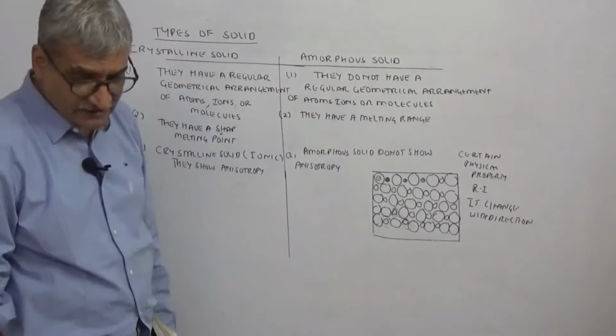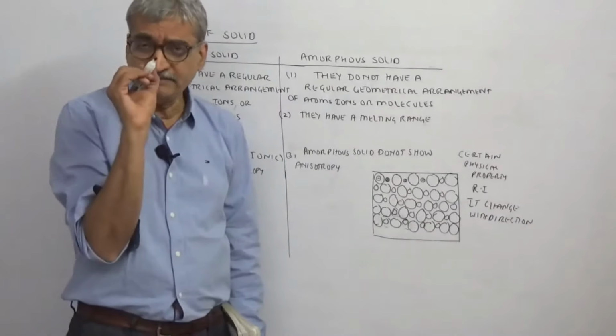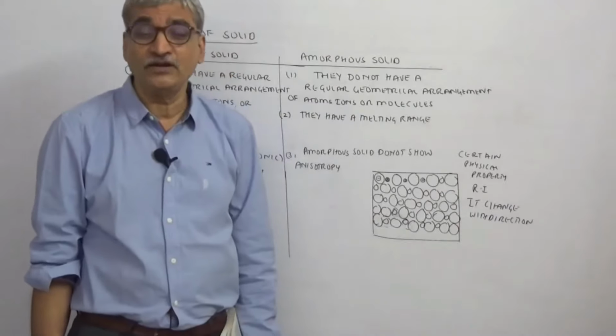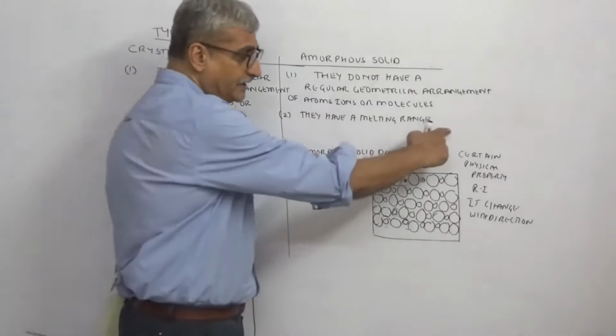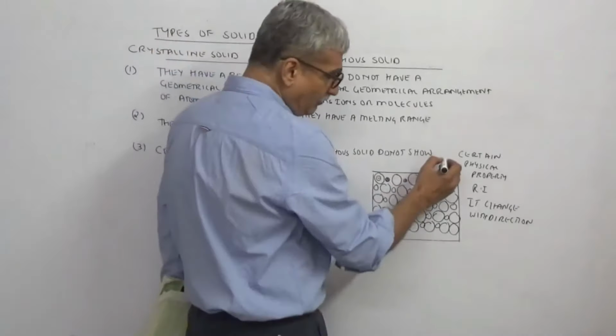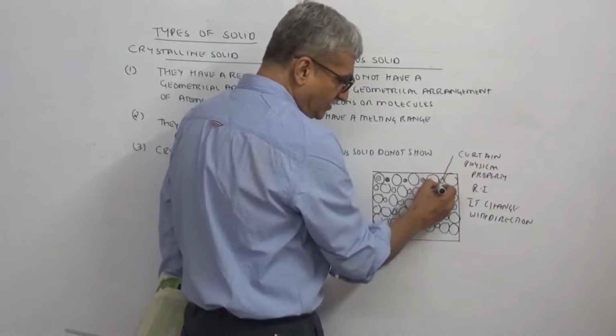So what is basically refractive index? Don't tell me sin i upon sin r. What is the correct definition of refractive index? It is the ratio of velocity of light in a rarer medium to that in the denser medium. So now in one angle what happens is, you can see over here, if this is the angle we are talking about,